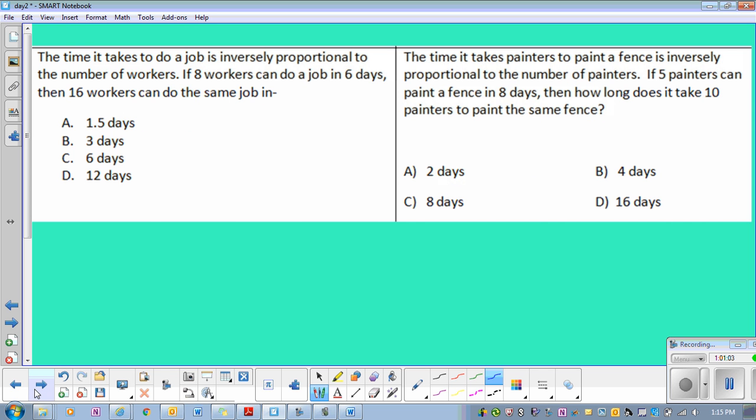All right, the time it takes to do a job is, you know what, do this. You do this. And if you already did that, then do the fence one. I already did it. All right,